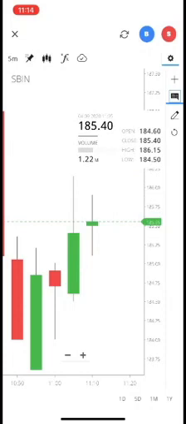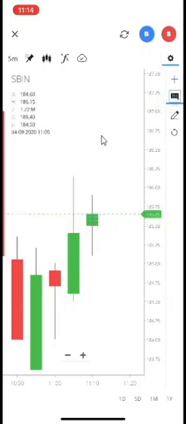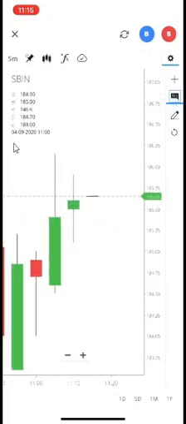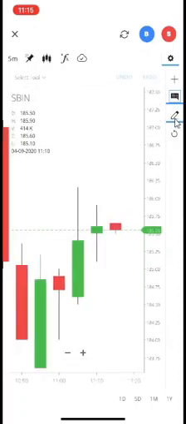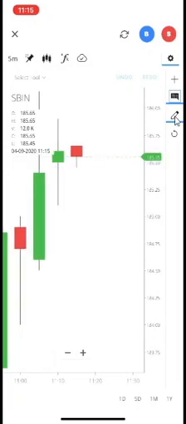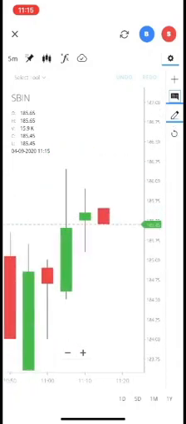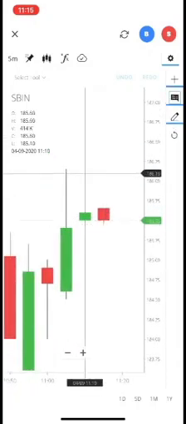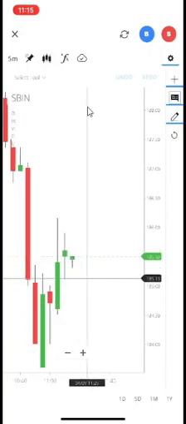We can see it in two views. One is near to the candle, the next one is over here at the top of the display. And then this is the draw tool, we can use it if required, and this is the undo and redo tool, we can use as per our requirement.